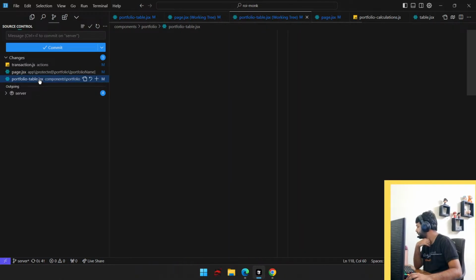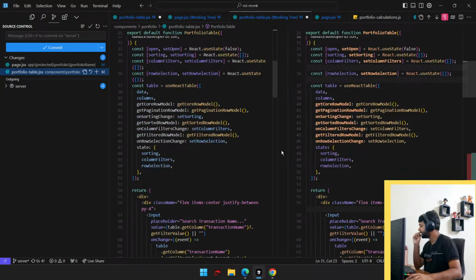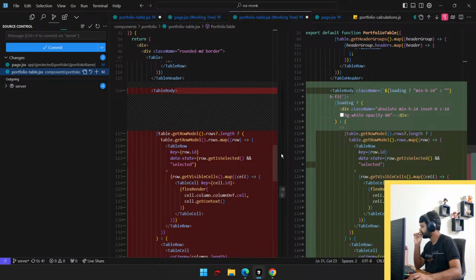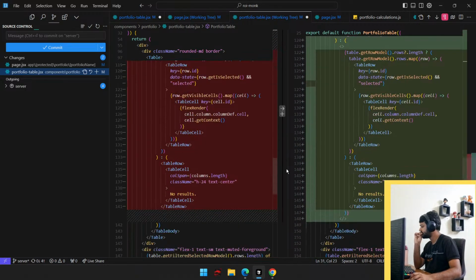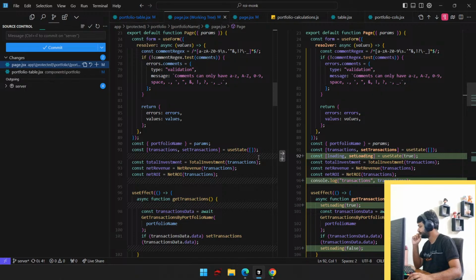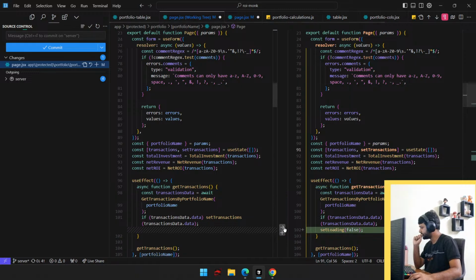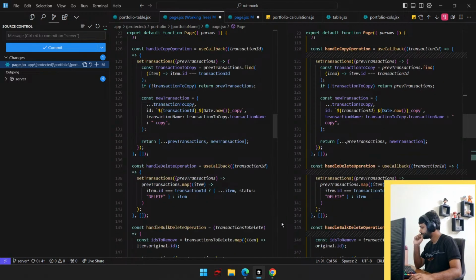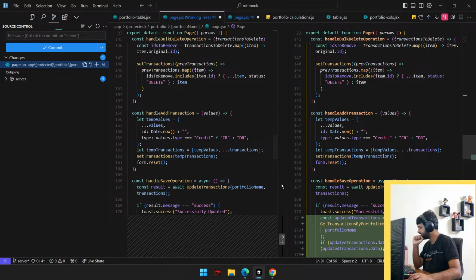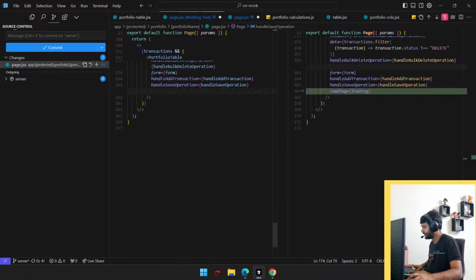पोर्टफोलियो में देखते हैं, पोर्टफोलियो टेबल में देखते हैं पहले। नहीं, we don't want any loading state. And hence so nothing will be here. ये हो गया, क्लोज कर दो। I don't want a loading state, I don't want a console statement, neither I want this, neither I want this, ये भी नहीं चाहिए। इधर से ये डिलीट कर देंगे और इधर से ये डिलीट कर देंगे। सेव क्लोज,